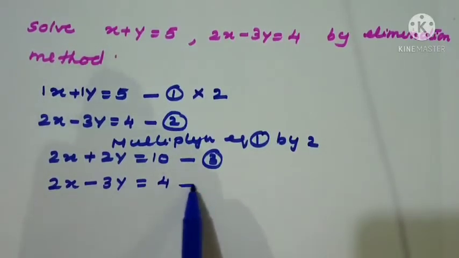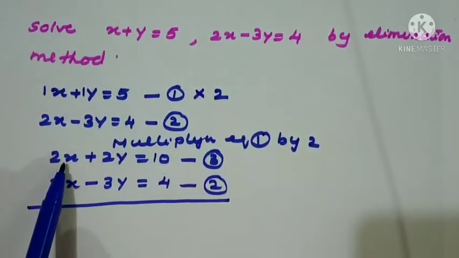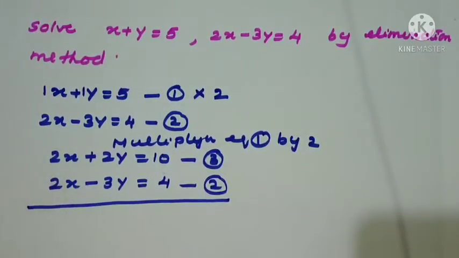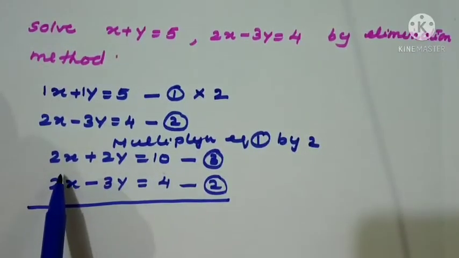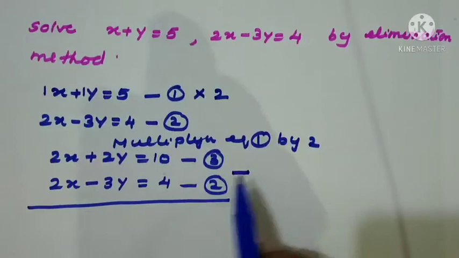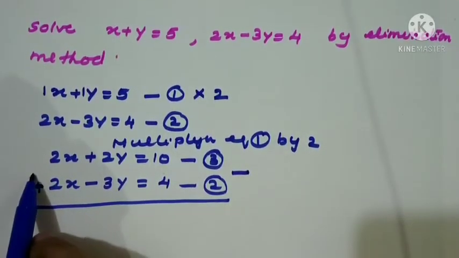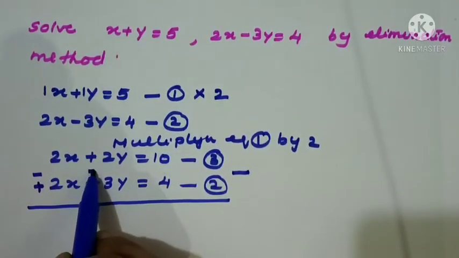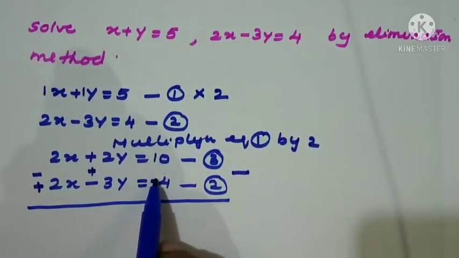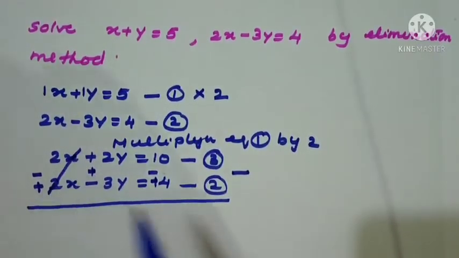Now you compare the coefficient of x. It is 2 here, it is 2 here, both plus. So how can we cancel this one? If we add, it will be 4x. So we should do the subtraction. 2 minus 2, it will get cancelled. So we should do a subtraction sign here, and change your signs. First it was plus, what is the sign now? Minus. Minus became plus. Here it was plus, now it is minus. So 2x and 2x will get cancelled.